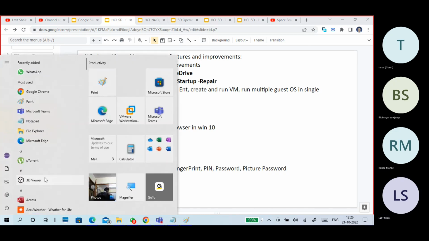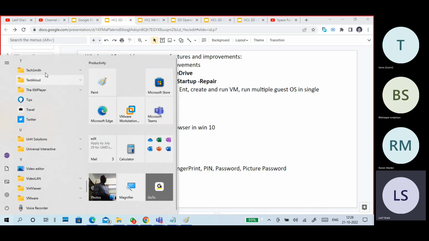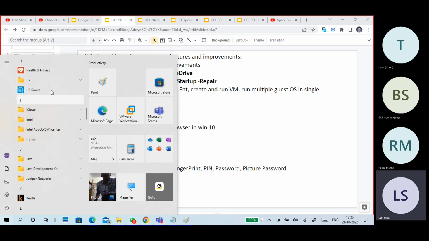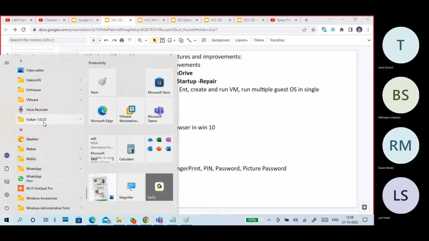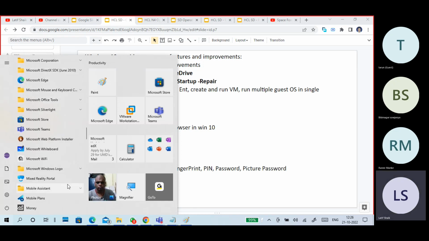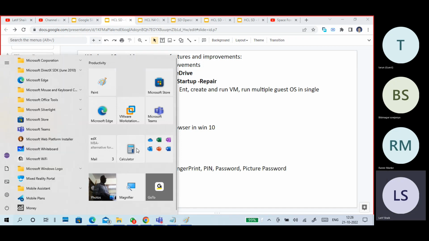In the start menu, you can access whatever application you want. For example, I select T, or I go to H and see what is under H, or go to V. There are applications, power settings, pictures, documents, user related items, and here are direct icons for frequently used ones. Mostly paintbrush is required, right? And VMware